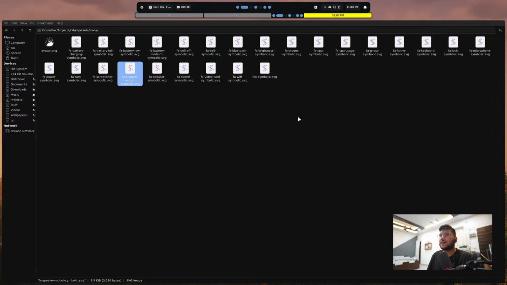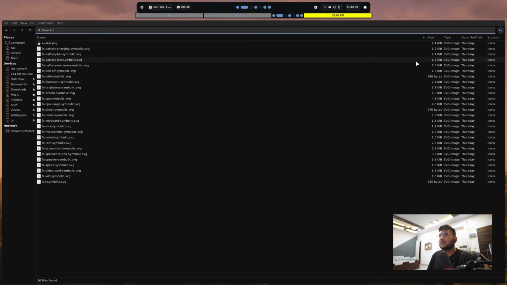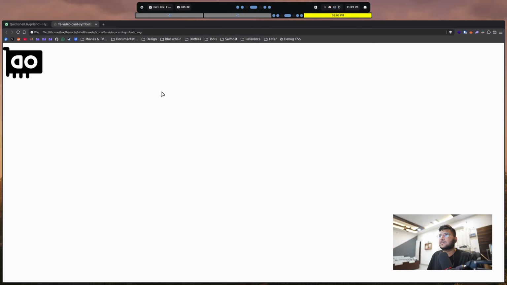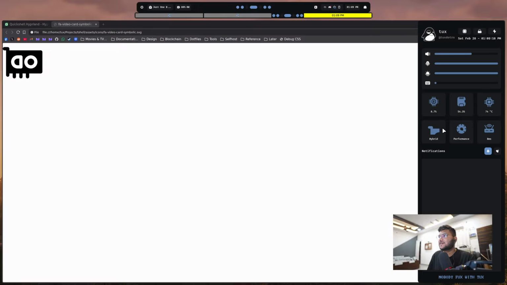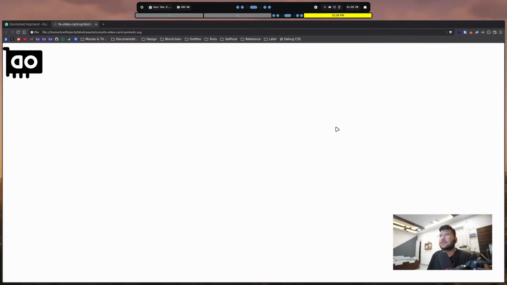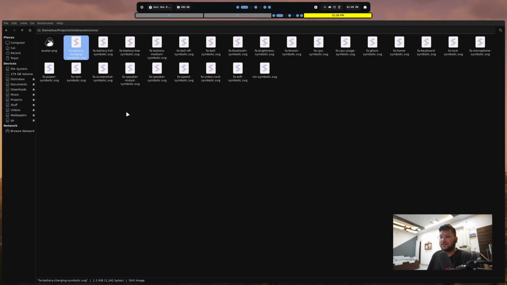And if I show you the icon for this, it should be GPU, no, battery, Bluetooth, right, CPU. Where is it? Video card. It's like this, right? But see what it's rendering right here. I don't know why this keeps happening, but anyways, let's rename this to